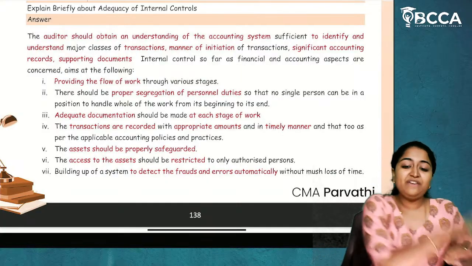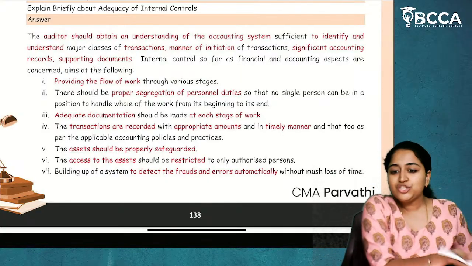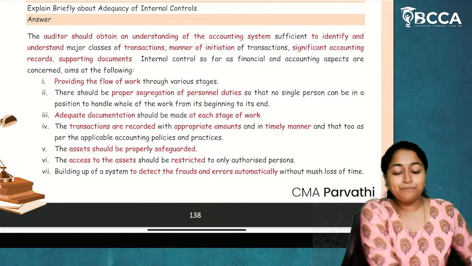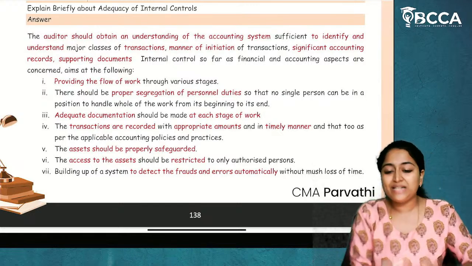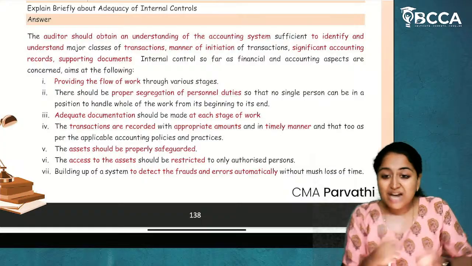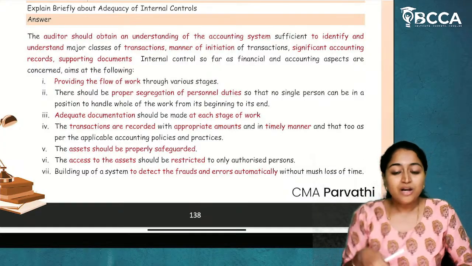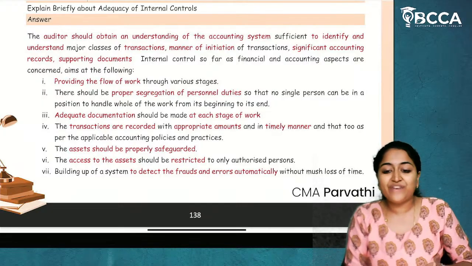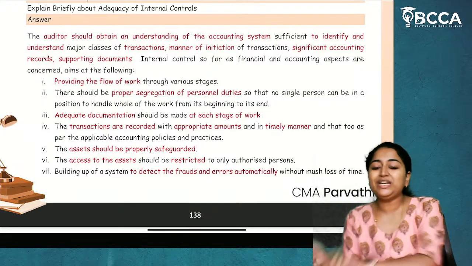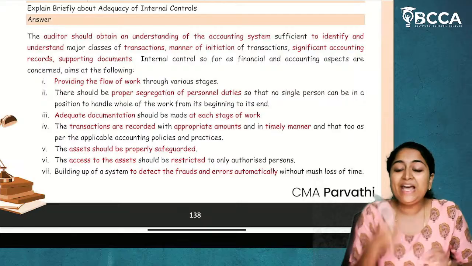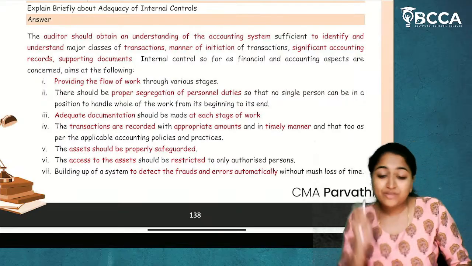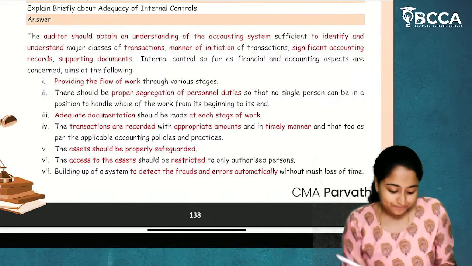Now, if the previous shift worker has unintentionally committed any error, and he is passing on his work to the next employee, the next employee will start that work and will easily understand that there is an error. Now what will he do? He will try to rectify that error. Then he will pass on to the next person. So error rectification is happening immediately. That's what internal control is telling us.